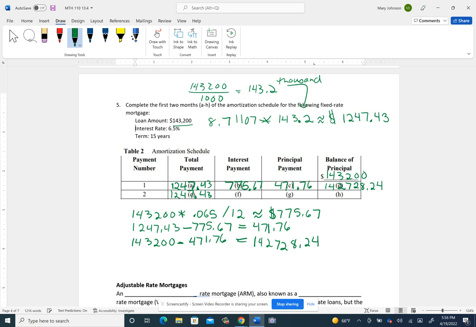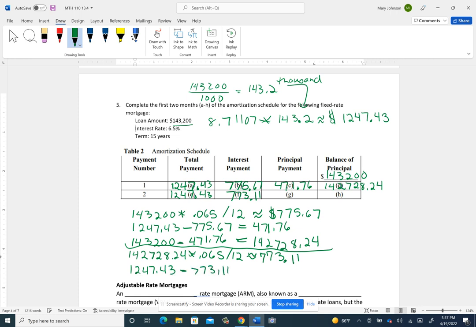$142,728.24. And then we just do that sequence of steps one more time. But this time we're starting with our new balance. We've paid off a little bit. And so when we multiply by the 0.065 divided by 12, we get a different amount. We're going to be paying about $773.11 in interest,